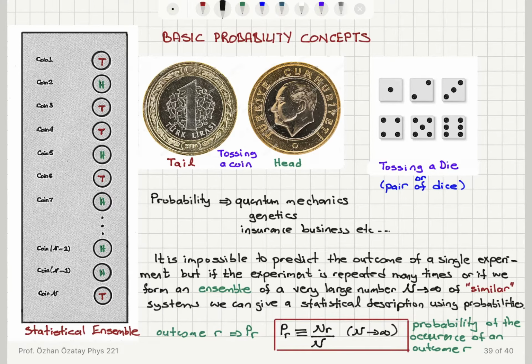So I need to know all the forces acting on it, and I have to do some calculations that could be quite complicated in order to get a definitive answer for where it's going to land when I toss it. It's also important how I toss it. So what is the force that I'm applying to toss it? All right, so that's very, very difficult.